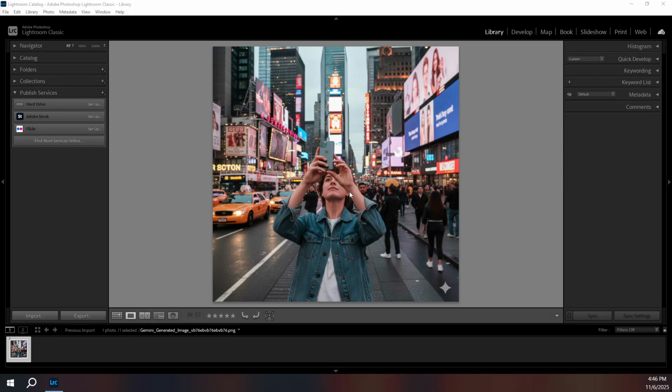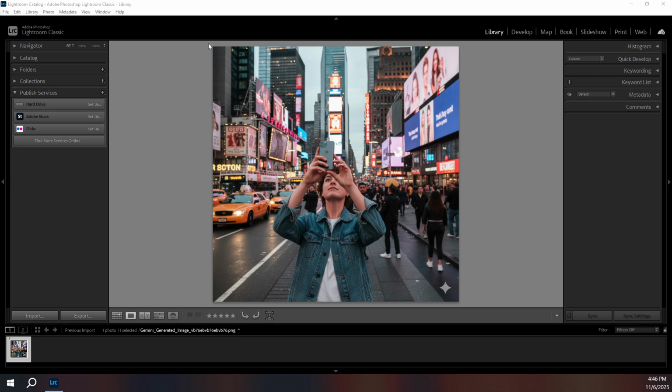In today's video, I'm going to teach you how to blur a background in Lightroom. This technique is perfect for enhancing the focus on your subject in a photograph, making it stand out beautifully against a softened background. Whether you're an experienced photographer or just getting started with photo editing, this process is straightforward and